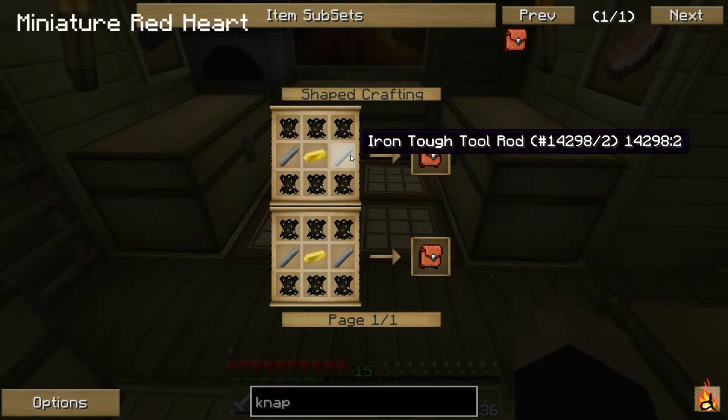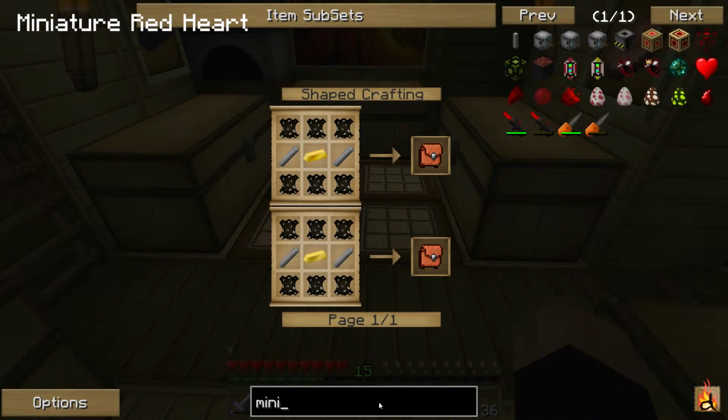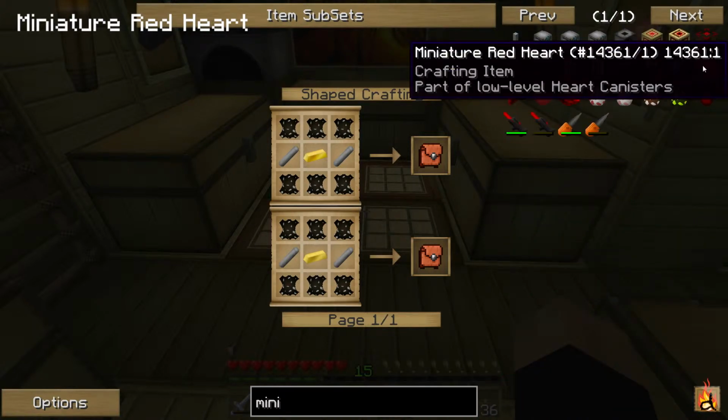I'm going to talk about miniature hearts real quick. Miniature hearts can be found by killing, well, I found them on another server I was playing on. I got them from green slimes, the giant green slimes. These specific ones sprout out like 4 of the smaller ones, and usually I'll get 1 miniature heart from them. Let me just show you. This is what it looks like. And when you get one of these in your inventory,